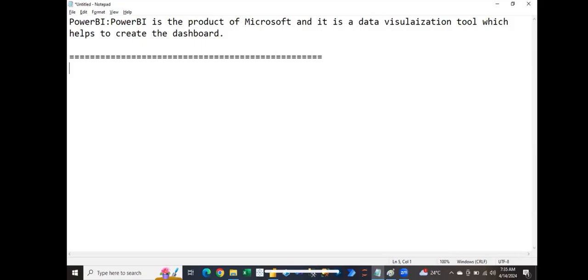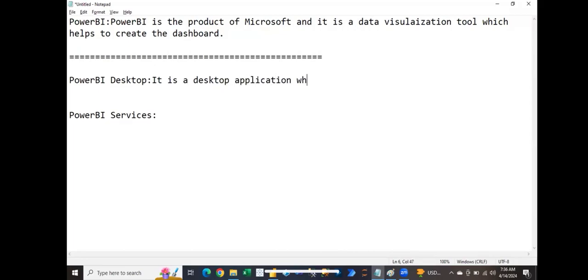Okay. In Power BI, there are multiple products, but I'm just gonna discuss the two products majorly. Basically, majorly we have two products in Power BI. One is Power BI Desktop, and second is Power BI Service. Okay, this one. Now, if I talk about Power BI Desktop first, it is a desktop application